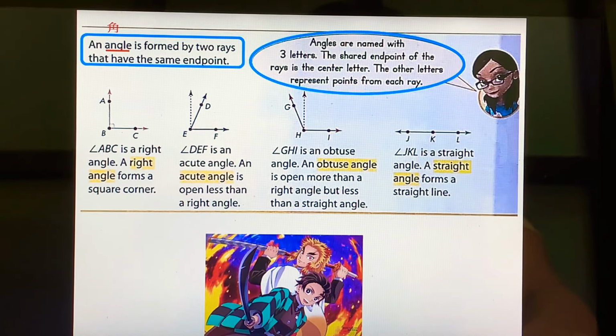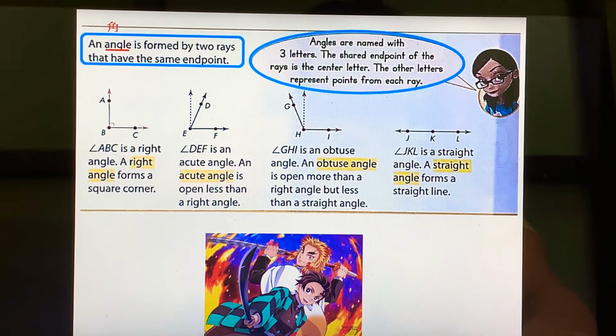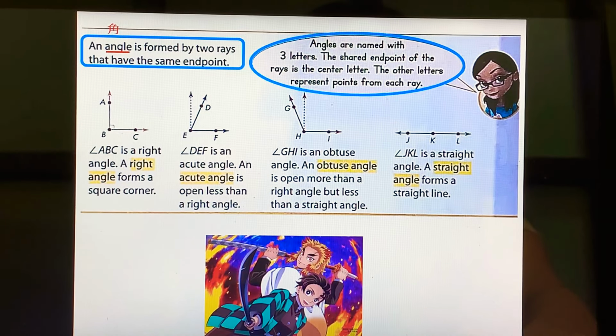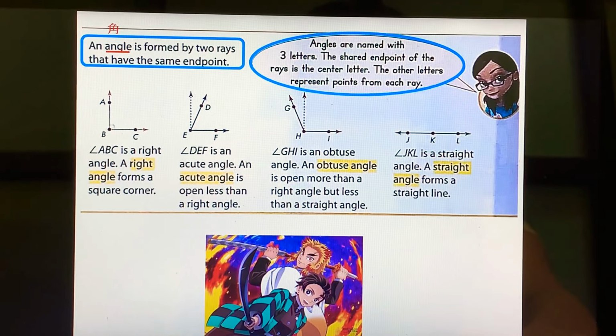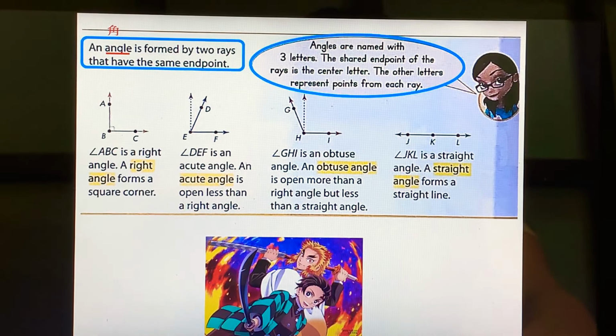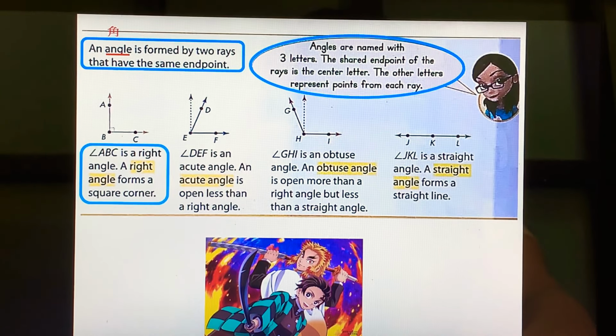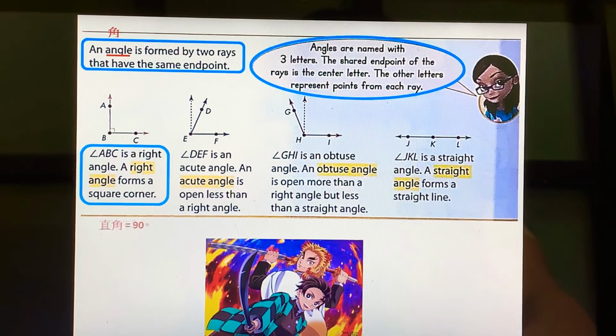The shared endpoint of the rays is the center letter. The other letters represent points from each ray. 角度的念法是由三个字母组成的。两条射线所共用的那个端点的字母是放在中间的。